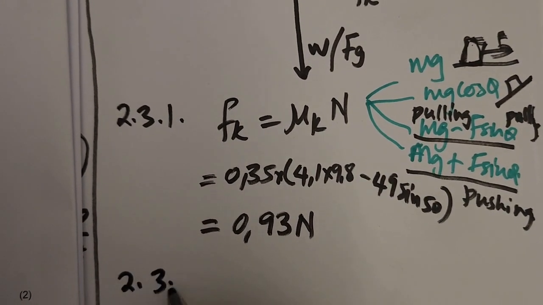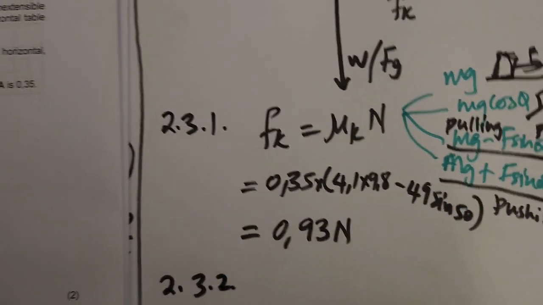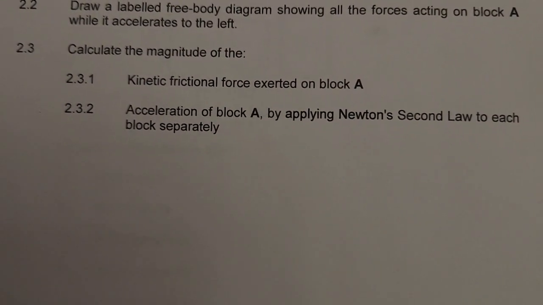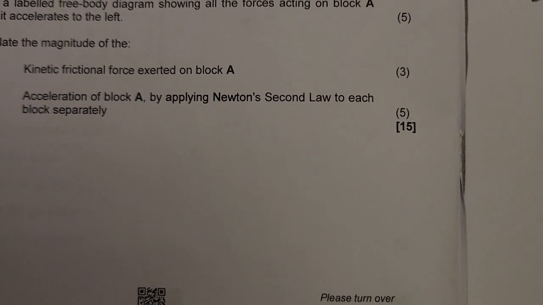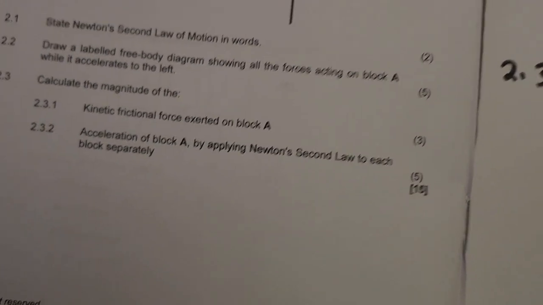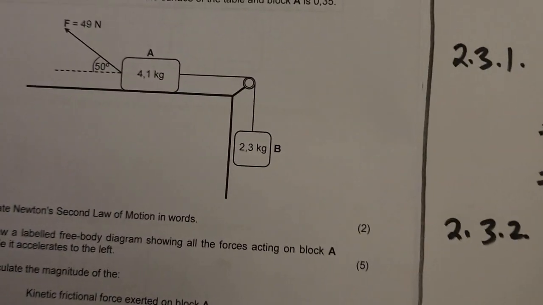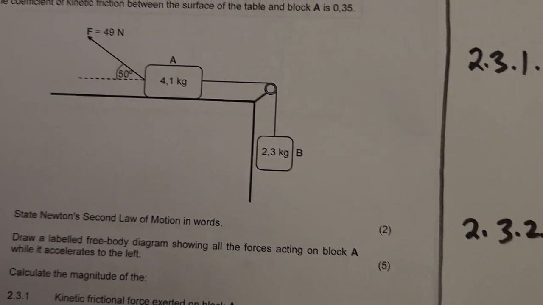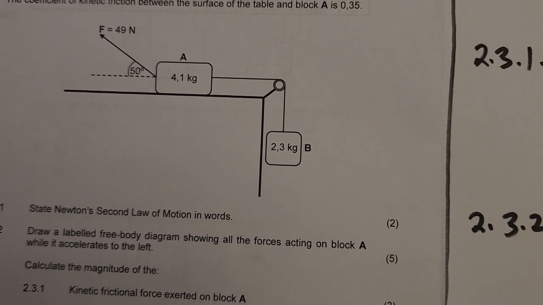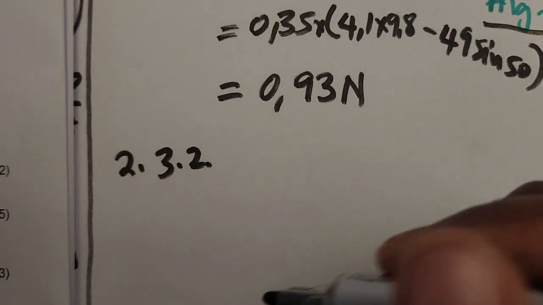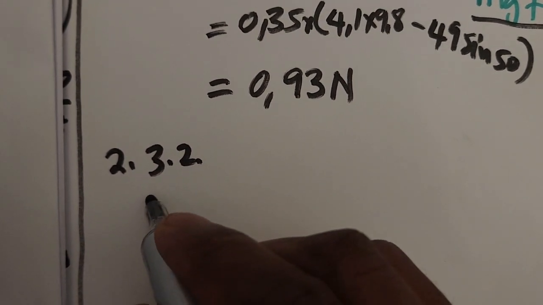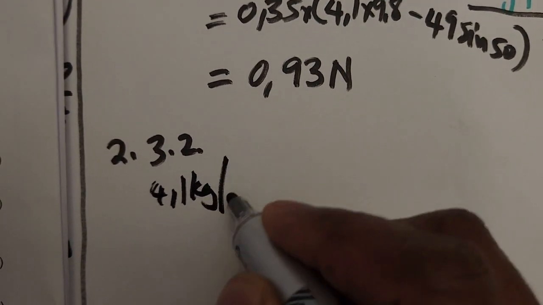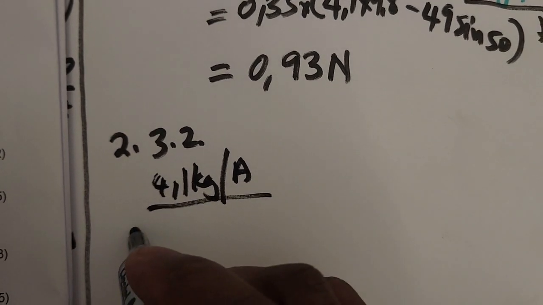So 2.3.2. Let's go through that one. They say calculate the magnitude of the acceleration of block A by applying Newton's second law to each block separately. Very explicit. Good examiner in this case to say apply, don't use the system approach, but apply Newton's second law on each block. Therefore, you have to now tell us which block you are working with. So now I can tell the examiner that I'm working with block A, 4.1 kilogram. Then I'm using